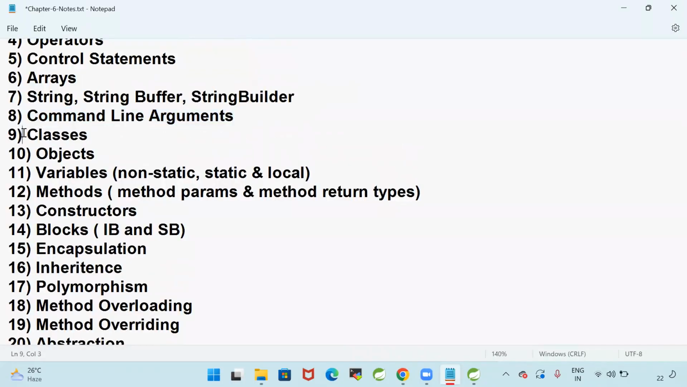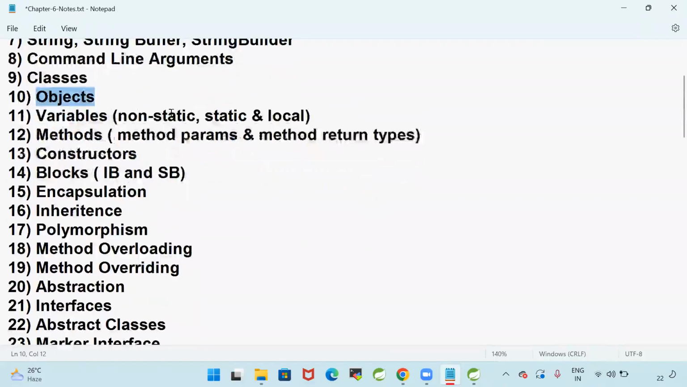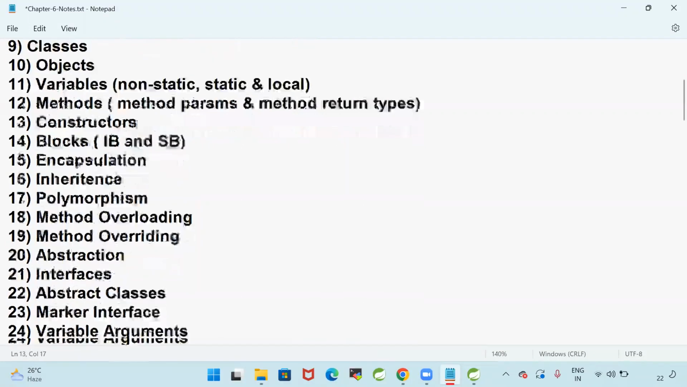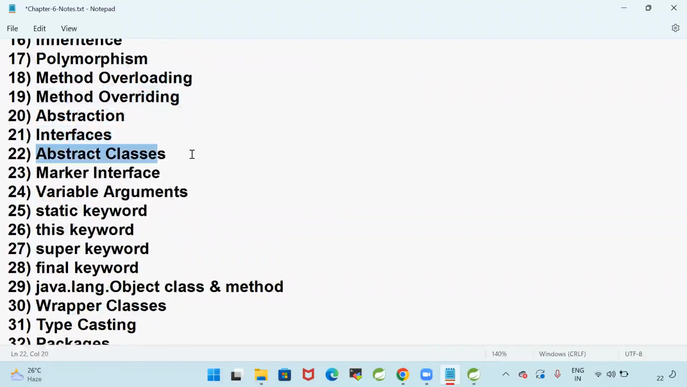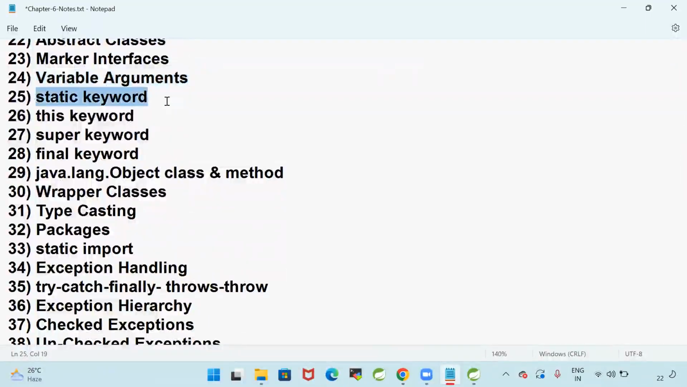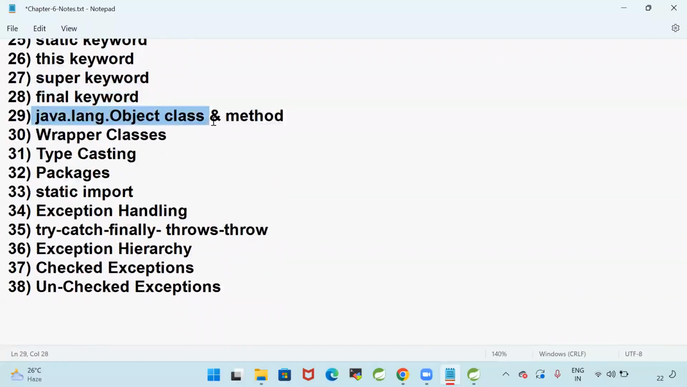Here, OOPs started. Classes, objects, non-static variables, static variables, local variables, methods, method parameters, method return types, constructors, constructor overloading, blocks, encapsulation, inheritance, polymorphism, method overloading, method overriding, abstraction, interfaces, abstract classes, marker interfaces, variable arguments, static keyword, this keyword, super keyword, final keyword, the java.lang.Object class and Object class methods we discussed, wrapper classes, typecasting, packages, static import, exception handling, try, catch, finally, throws